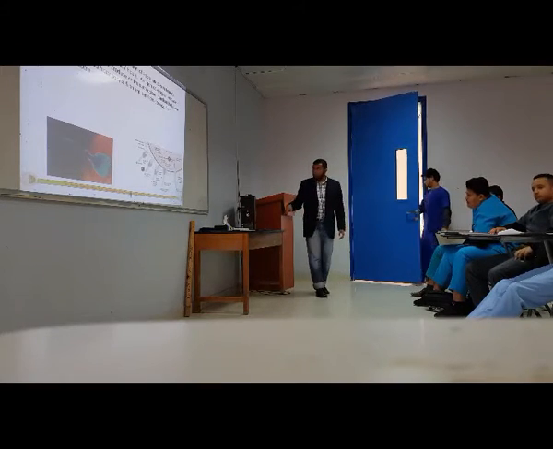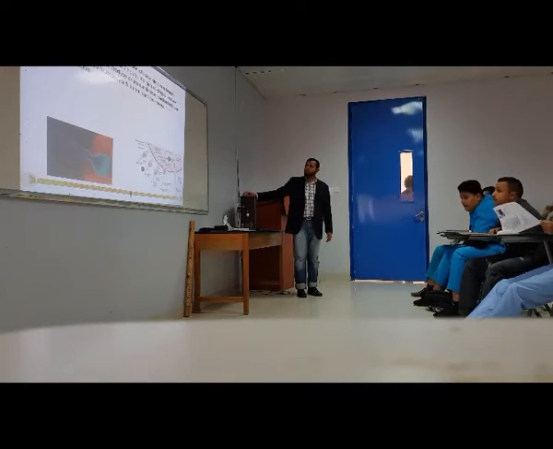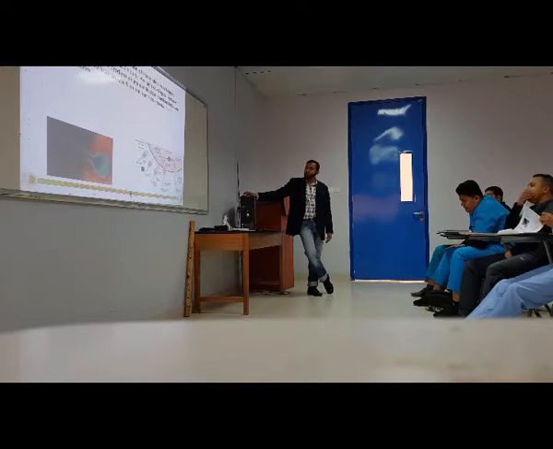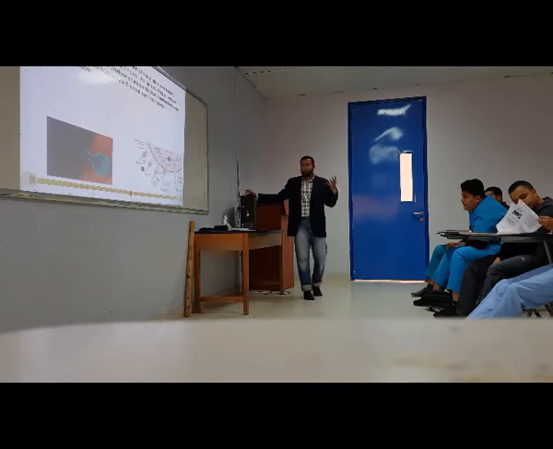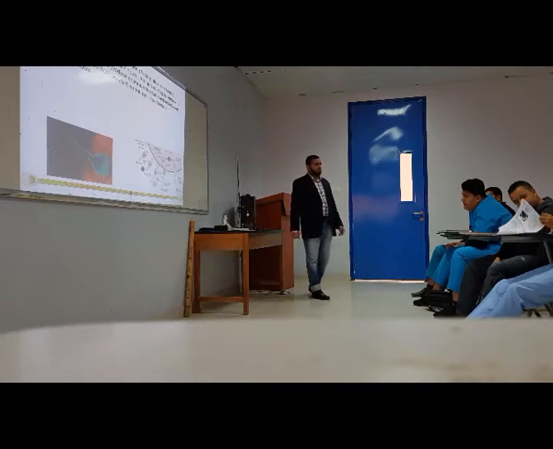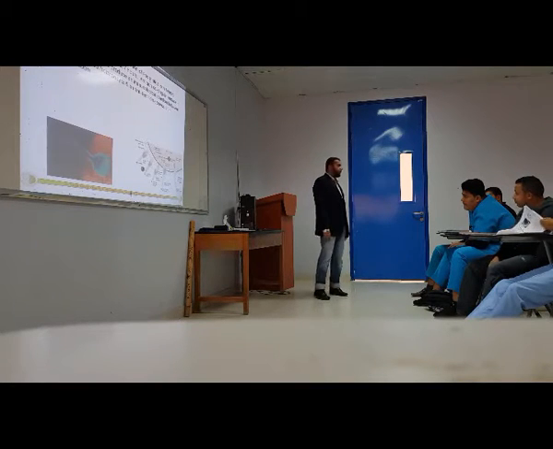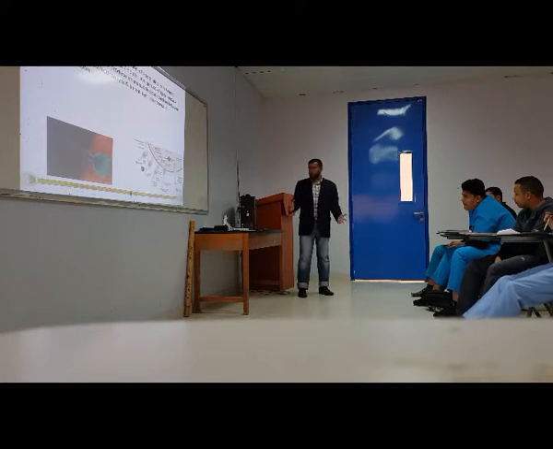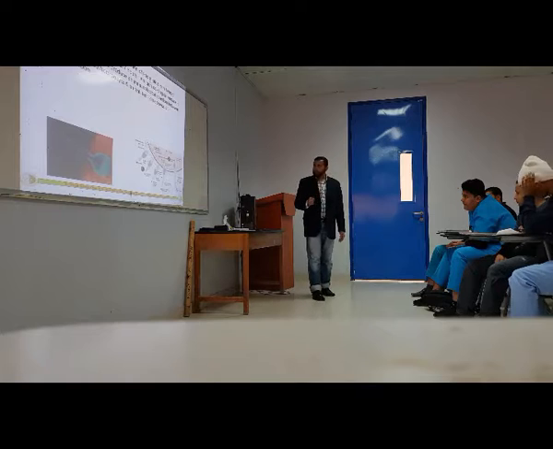As I said before, capacitation is the last stage of maturation of the spermatozoa. Before it is released, there are many stages where the sperm becomes motile and other things. But the last stage of maturation of the sperm takes place in the female genital tract, not in the male. Once it is released, it gets the capacity to penetrate, and this requires almost 7 hours. It has to stay at least 7 hours in the vagina as well as in the other parts of the female genital tract before it gets this capacity to penetrate.